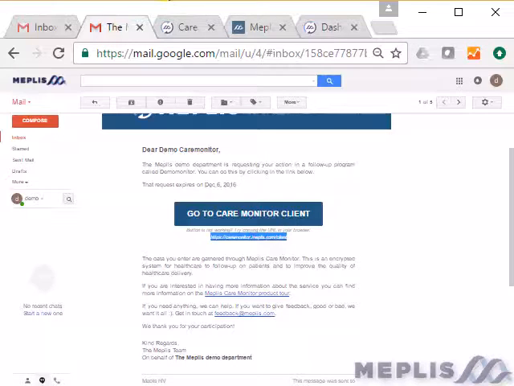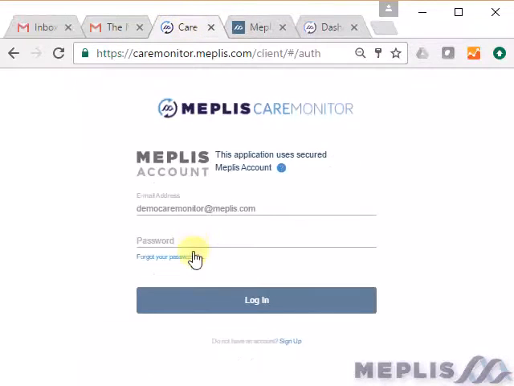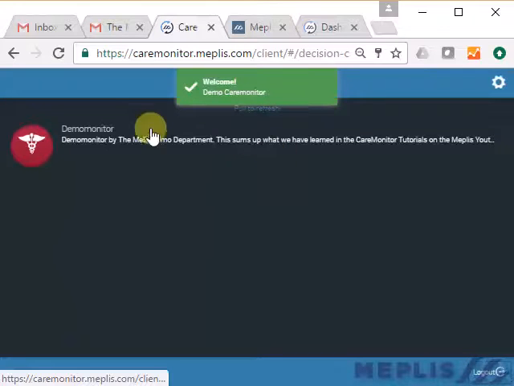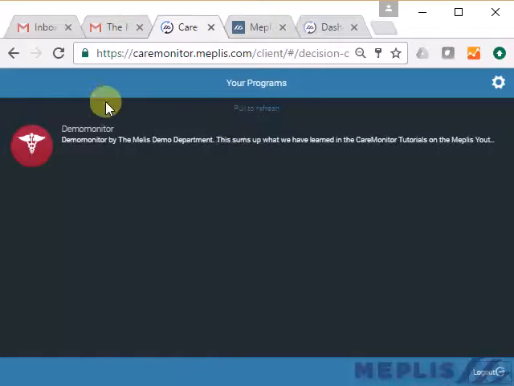Or you can, as a participant, download the mobile application Caremonitor in the app stores for Android and iOS. And it will look mostly the same as on the web. So if I simply log in here as a participant, since I already have an account, otherwise I would be sent to the sign up screen. But since I already have an account, I can simply log in here and place my password. So you can see that I have now arrived on my dashboard as a participant, and I have only one